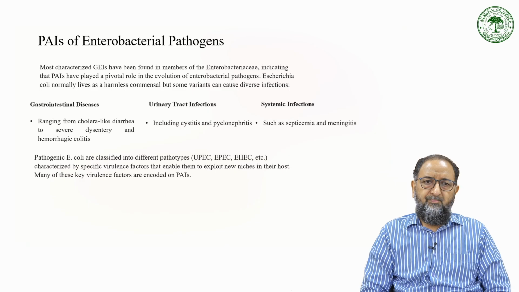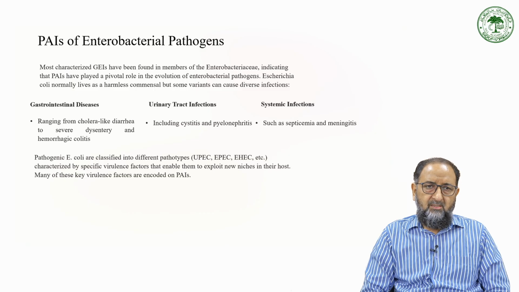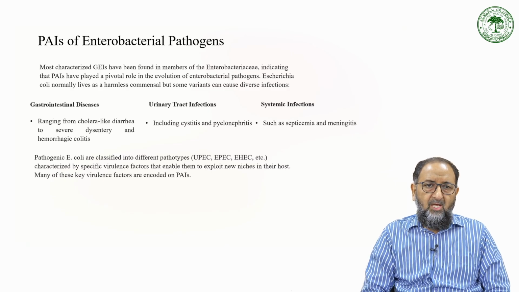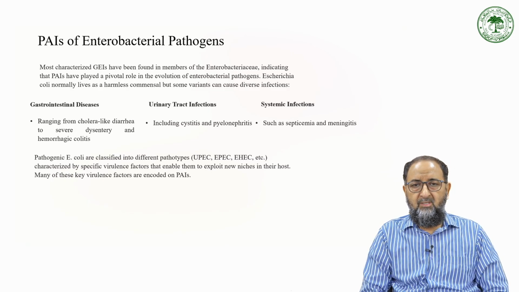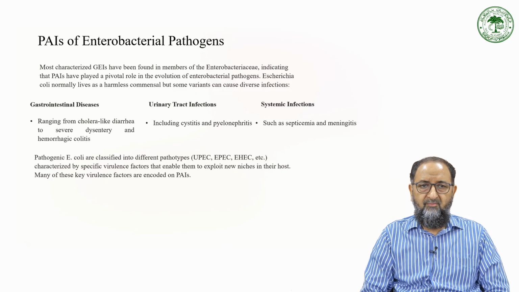Now PIs of the enterobacterial pathogens are important, because these species of bacteria from this family are pathogens, and if these islands are expressed in the bacteria, the pathogenicity is increased, and so we call them pathogenicity islands. The most characterized genomic islands have been found in members of the Enterobacterales, earlier called the Enterobacteriaceae family, indicating the pathogenicity islands have played a very important role in the evolution